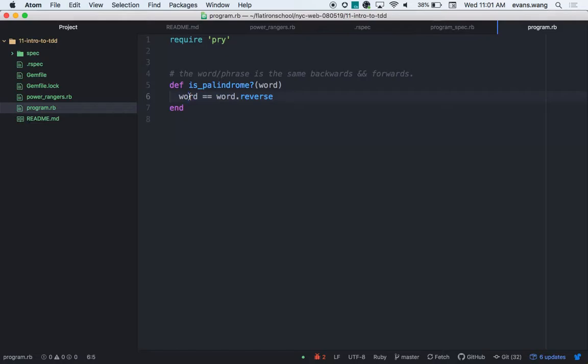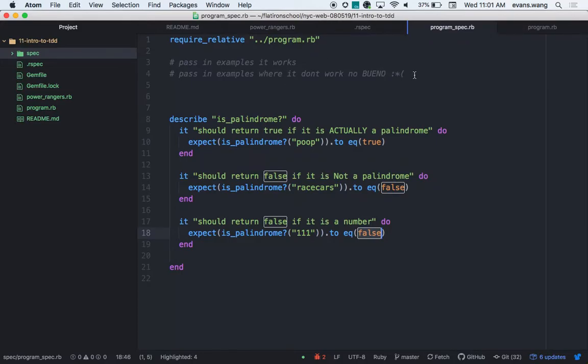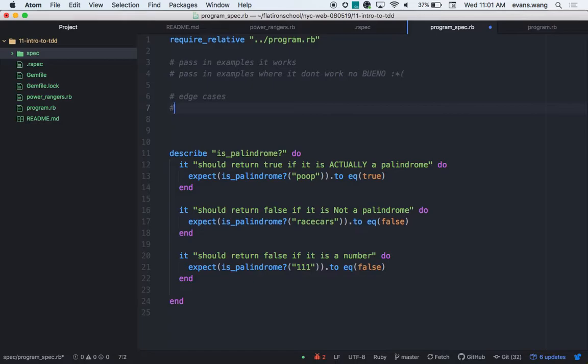Well, the string 111. So naturally, this will come back as true. So this is the first real sort of definition for testing. And that is this idea behind, all right, we talked about edge cases. All right, this idea behind a